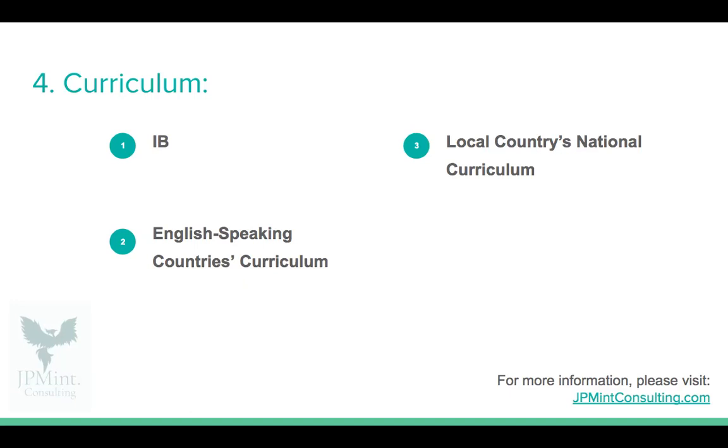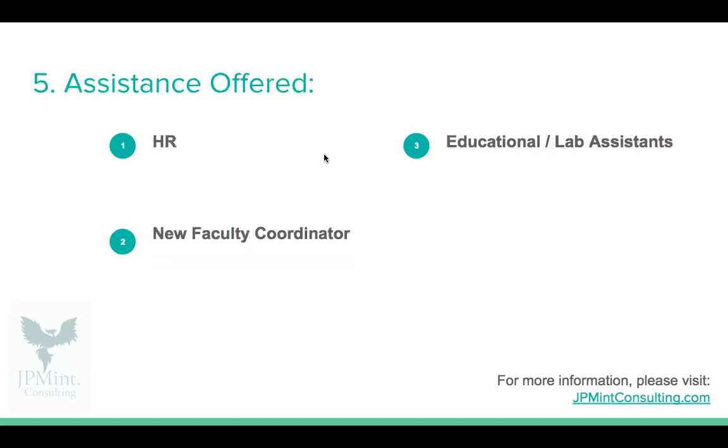So that's something to consider when you're choosing your international school: how confident do you feel in the one curriculum they're offering, so IB or the English speaking curriculum, and then your ability to weave in the national curriculum. Oftentimes that can also be challenging because it might not be in English. The actual documents might be in the local language, and if it's a newer school, they might not have translated them. So you'll be relying very much on the local teachers for help. So that's something to consider.